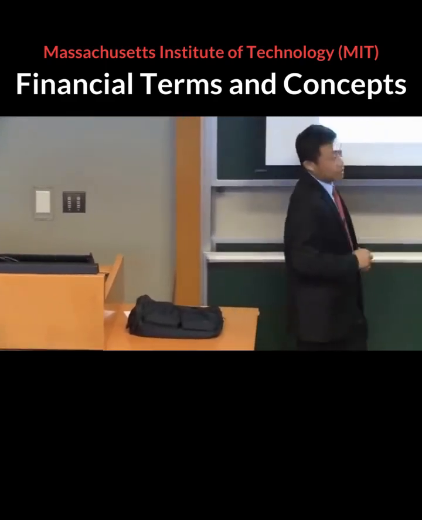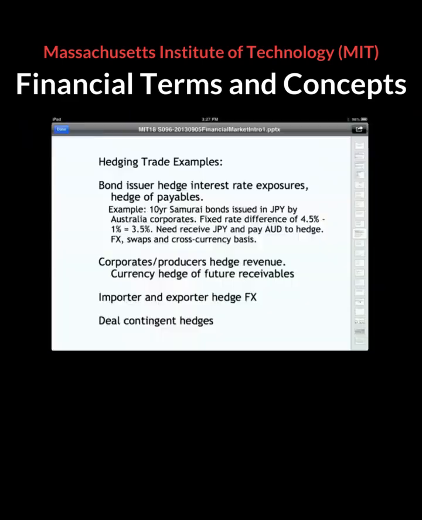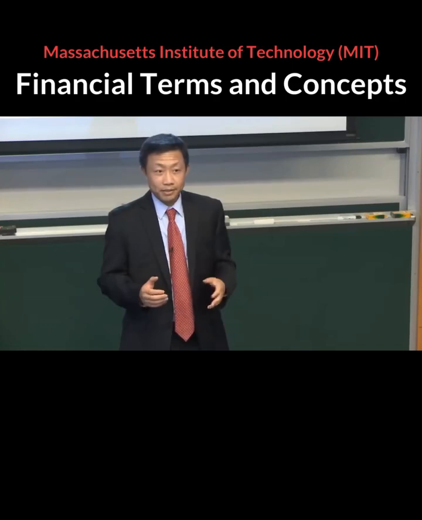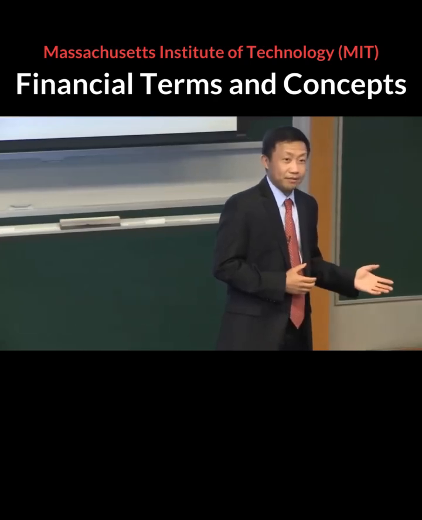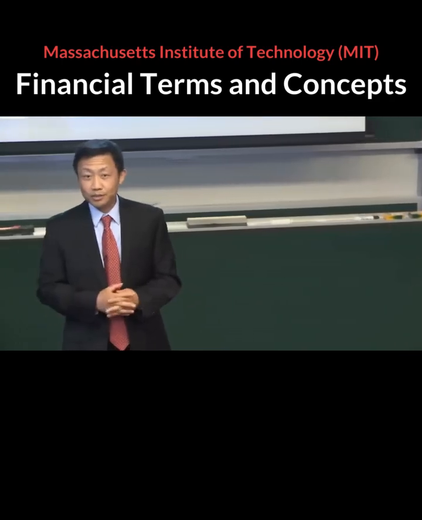So let me just go into a bit more detail of how each type of trade actually occurs. When we talk about hedging, I mentioned the currency example. Let me give you another example. There are a lot of people who issue bonds or issue debt. So this example I'm going to give you is, let's think about an Australian corporate, because interest rates in Australia are higher than in Japan. So typically people like to borrow money in Japan because you pay smaller interest, and invest it in Australia, where you earn higher